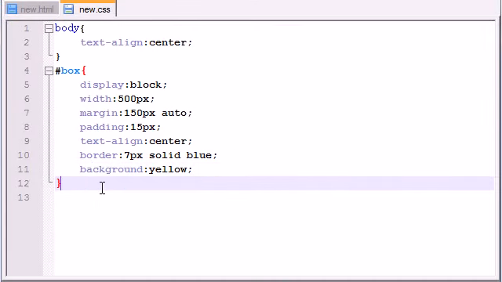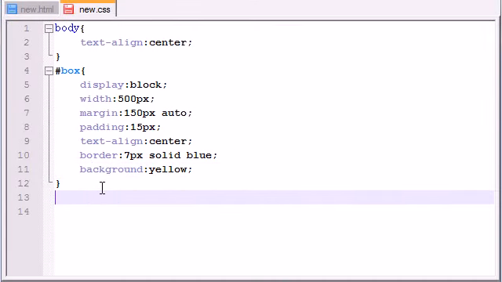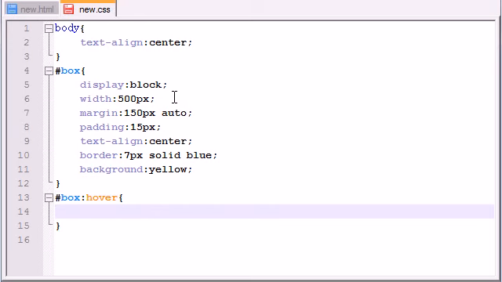In order to make it change whenever you roll over it, you do something like this. You need to add a pseudo class called hover. Now just go ahead and write your box just like this, and right after it put a colon, and write hover. Now if you've ever worked with links, this is typically what you do whenever you want to make a link change color. But in this hover class, you write what you want to change, and since we're working with transformations, we're just going to write WebKit